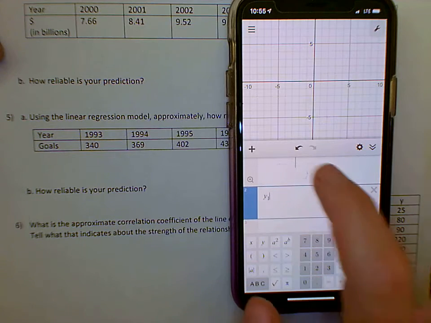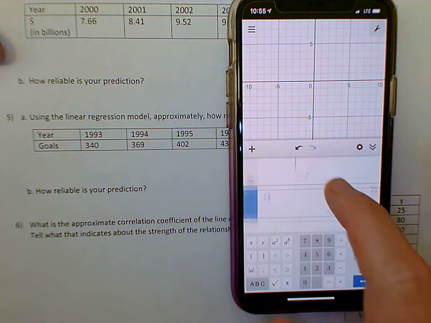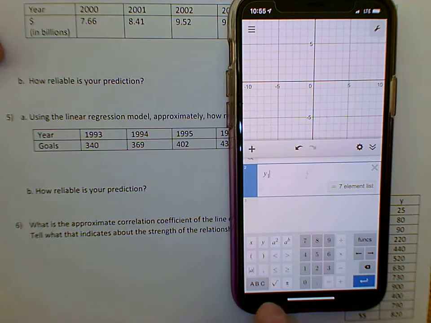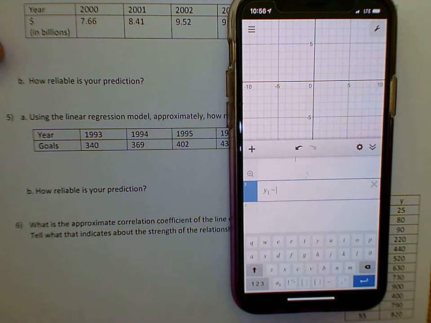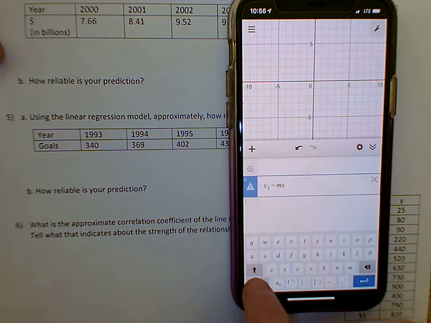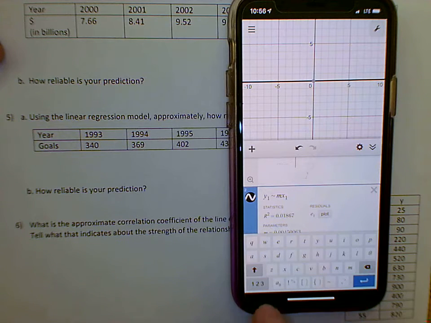All right, and so notice I have an X1 and a Y1. So when I type this in, I'm going to type in my 1, and then you pull up your little tilde. So on this one, it's in the keyboard, and then it's MX1. So make sure you type in your 1, and then plus